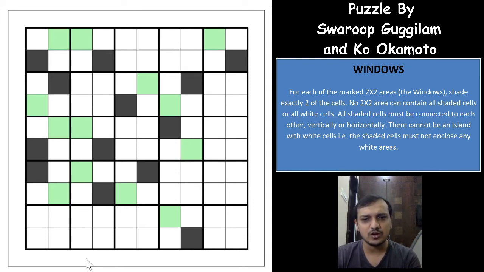It was an 11 pointer puzzle out of 100 points, that is 1/10 of the points. Out of 22 puzzles, 1/10 of the points was taken by one puzzle. And this puzzle by Ko Okamoto is one of the higher pointer, 60 pointer puzzles from the contest. And there was one more puzzle which was a 15 pointer, so we have taken a tougher one from the contest. So let's see if we can crack this.